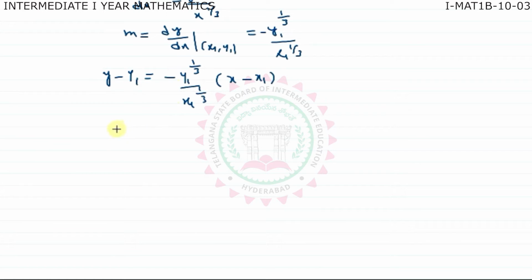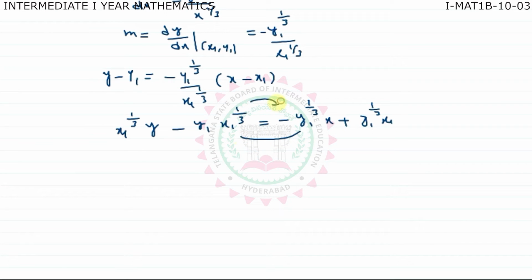On cross multiplication you will get x1 to the power of 1 by 3 into y minus y1 x1 to the power of 1 by 3 is equal to, bring this term within the bracket. From that I will get minus y1 to the power of 1 by 3 into x plus y1 to the power of 1 by 3 into x1. So bring this term to this side and this term to this side. So you will get